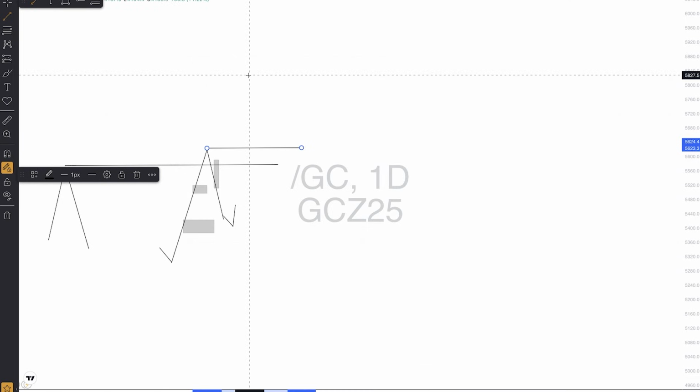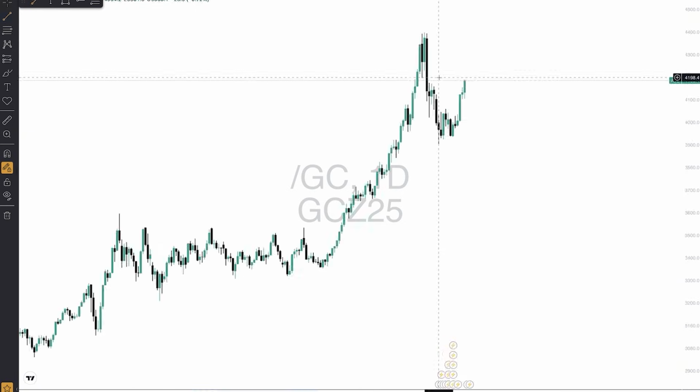Now, let me just break down literally an example of gold and what I was literally looking at and thinking about based on this logic here. And if it plays out, it plays out. If it doesn't, it doesn't. But I'm just going to give you the logic based on everything I've just shared with you on this bias topic, guys.